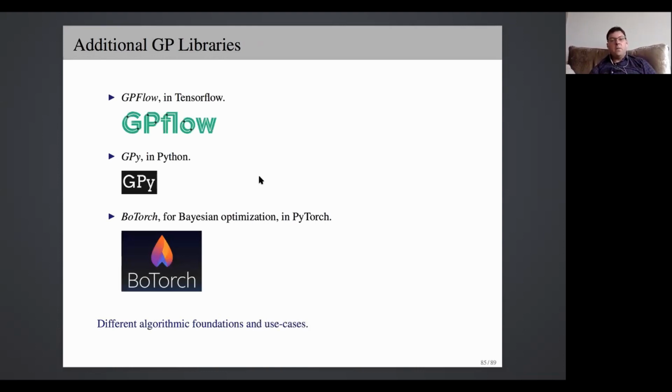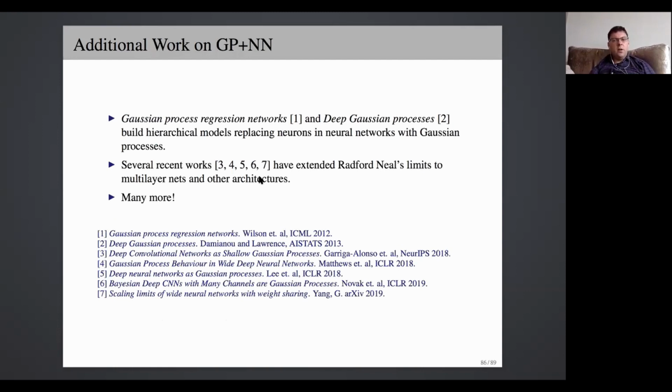There are a variety of other Gaussian process libraries like GPFlow, in TensorFlow, GPy in Python, BoTorch, which considers Bayesian optimization, A/B testing. This is what we often use if we're trying to do AutoML, hyperparameter tuning, experimental design, and so on. And these packages have different algorithmic foundations and use cases. There's been a lot of work on